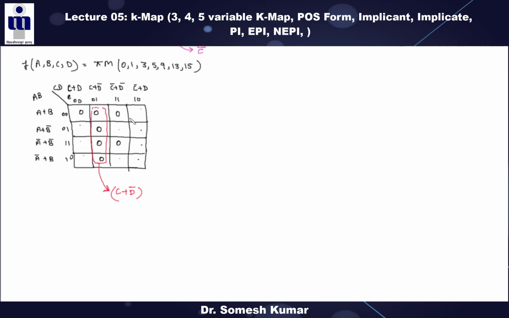Only a pair is possible, right? So this is your second group, the first pair after the quad. What is the output? Please tell me. A bar plus B bar, and which one is common? This D bar is common, right? So we have to take the sum forms, and then in the end we have to take the product of all these sums. Clear? So which one is the third group, or the second pair after the quad? This one is your next pair. And what is the output from this pair?